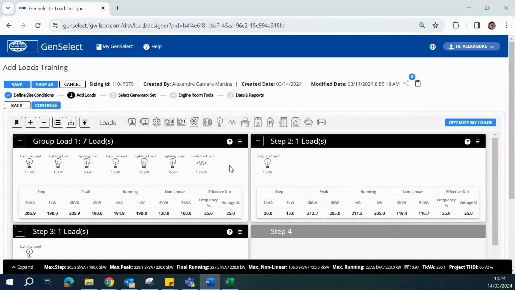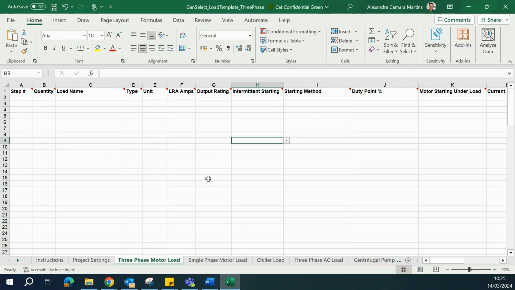Now, we'll review one of the best ways to work with loads, especially when adding a big number of loads into a big number of steps. GenSelect has the ability to download and upload an Excel file. You can access by using the last two buttons of the load menu. First, you can download the template. This will give you a blank Excel file to work with all the different load types being the different tabs